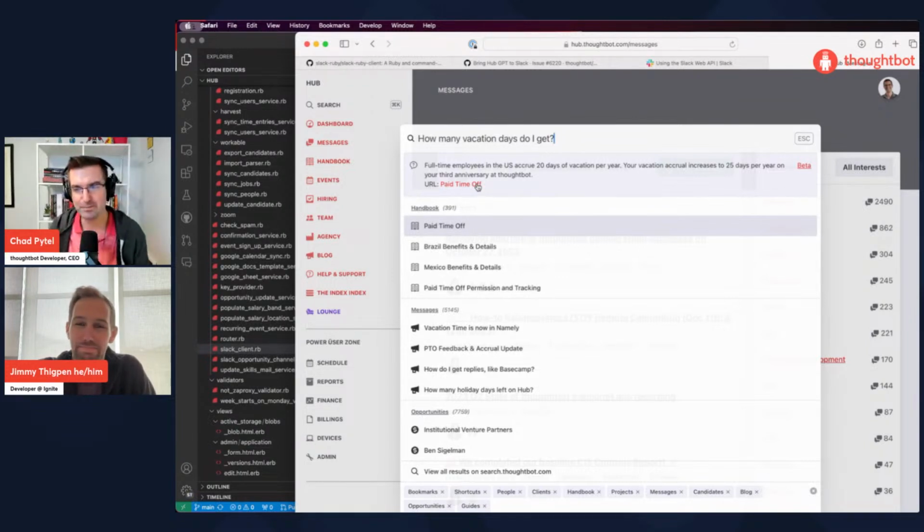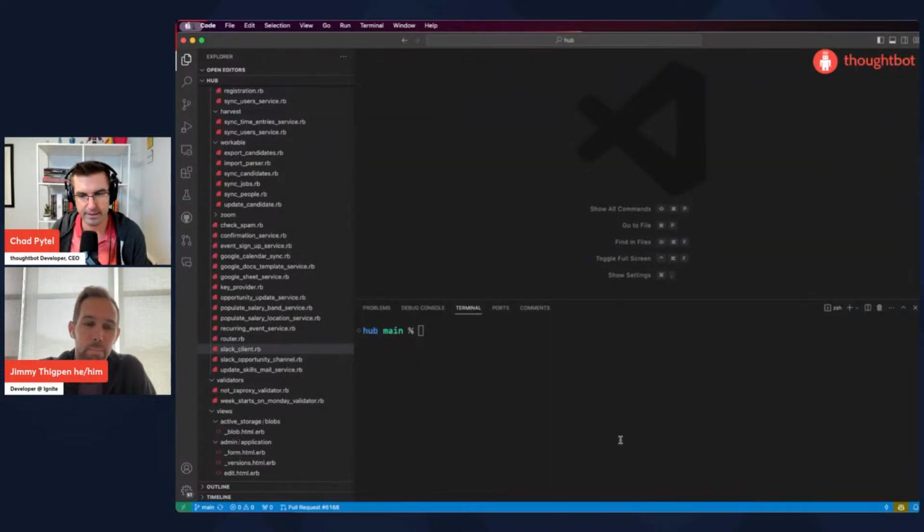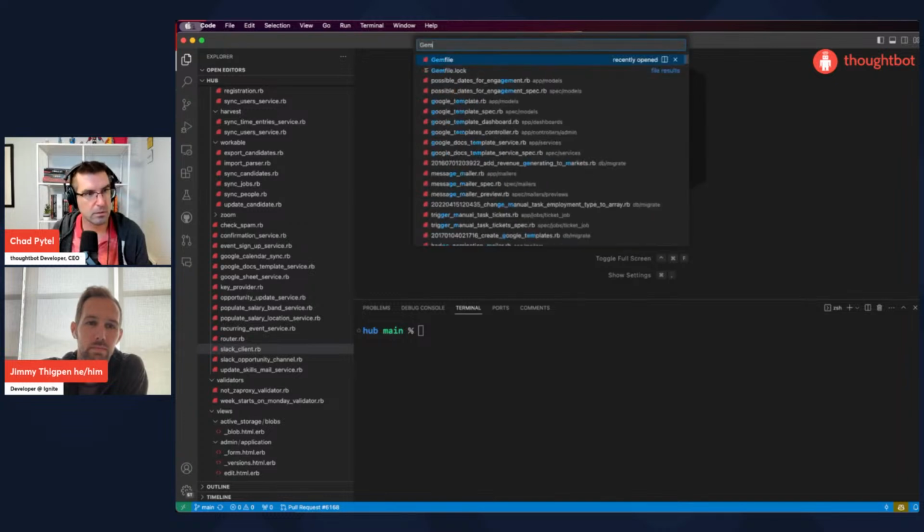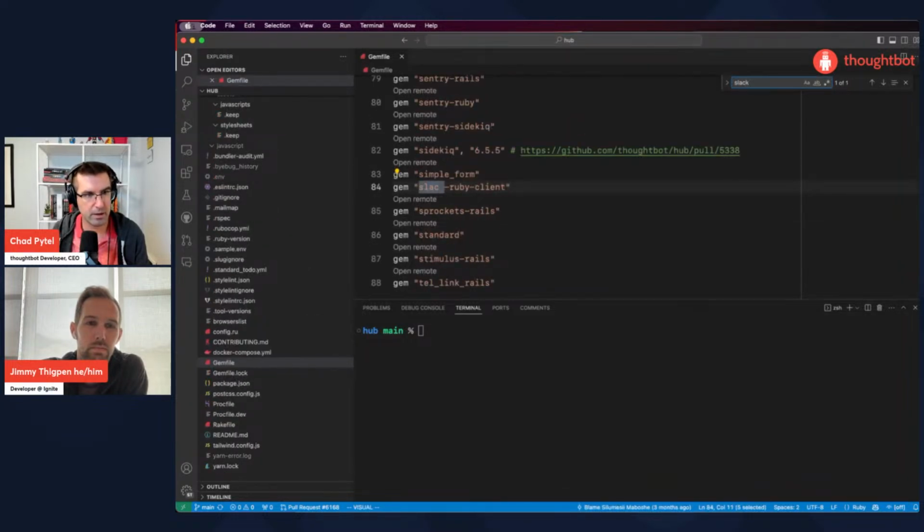Nice. So yeah, let's go over to the code and get a lay of the land here. Sound good? That sounds good. One of the things that is generally good practice, and I'm happy to say we did it on this app, is when integrating with external services. We have a Gemfile. We're using the Slack Ruby client gem, and the Slack Ruby client gem has a Slack client class. And the easiest thing to do is to just use that everywhere you want to talk to Slack.